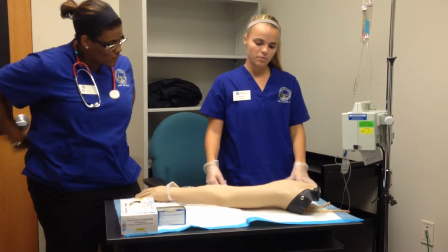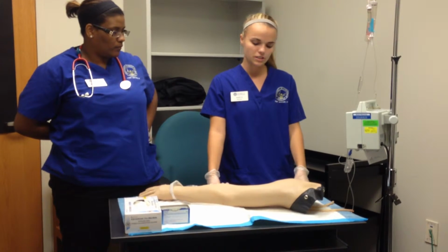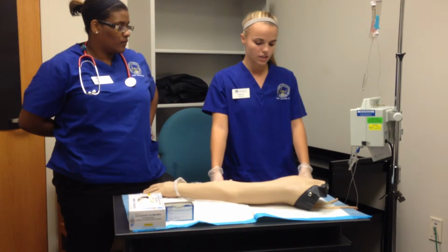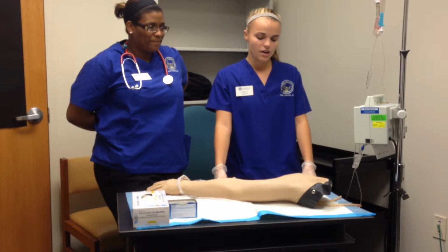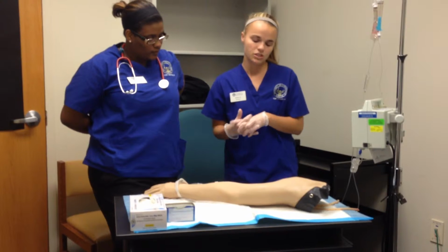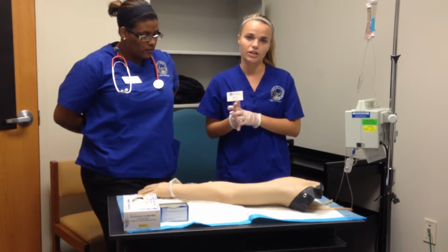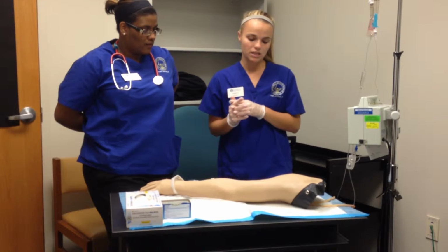Also, you want to observe the patient closely and monitor and document their vital signs according to your facility's protocol throughout the transfusion to make sure there aren't any adverse reactions. The main point is that for the first 15 minutes, you want to stay with your patient because that's when most adverse effects will show. After that, you usually go every 15 minutes, and then about every hour until it's over. Your infusion needs to be done within 2 to 4 hours, including the 30 minutes that you have it out